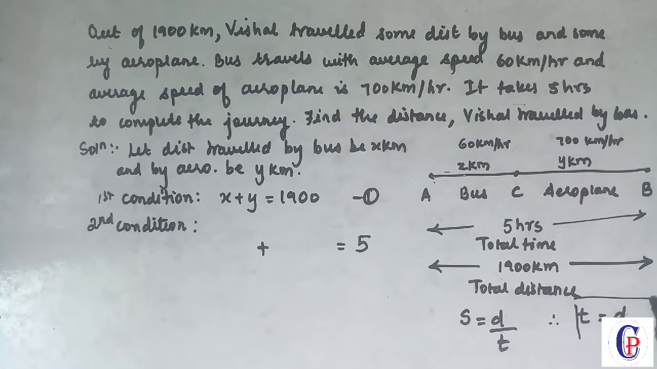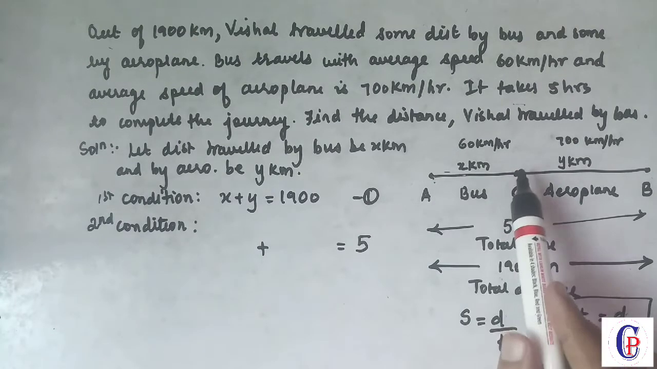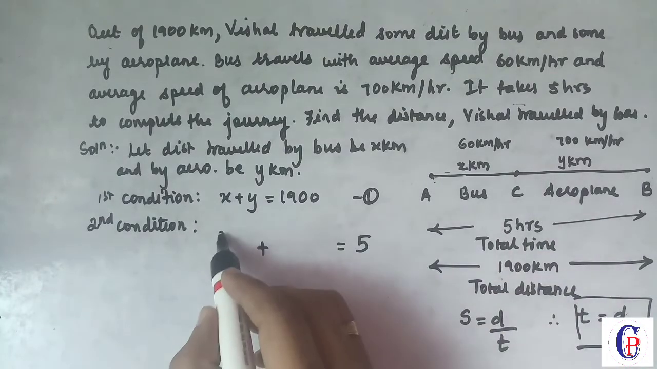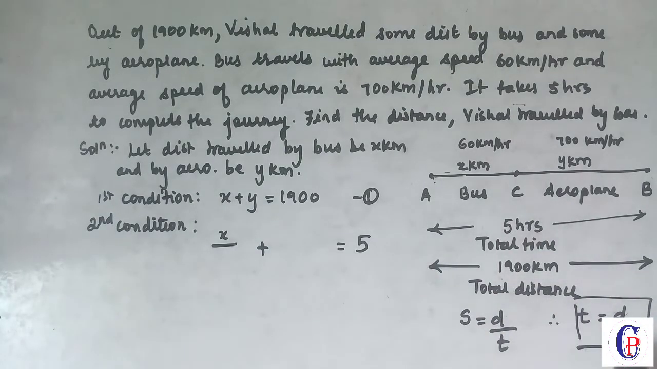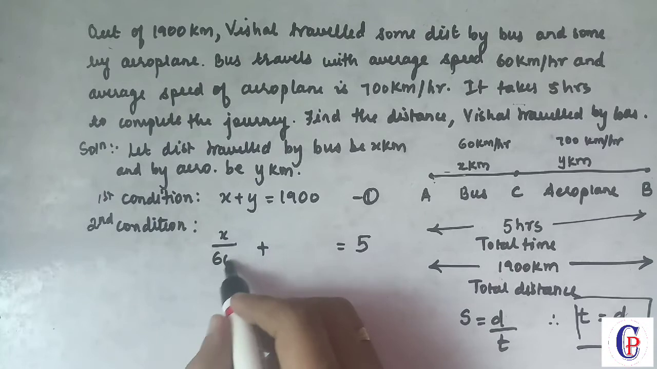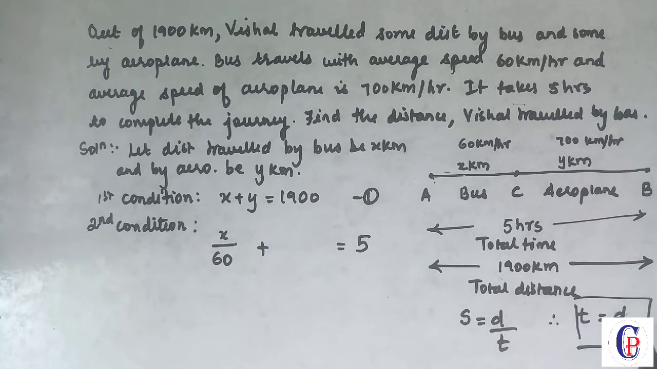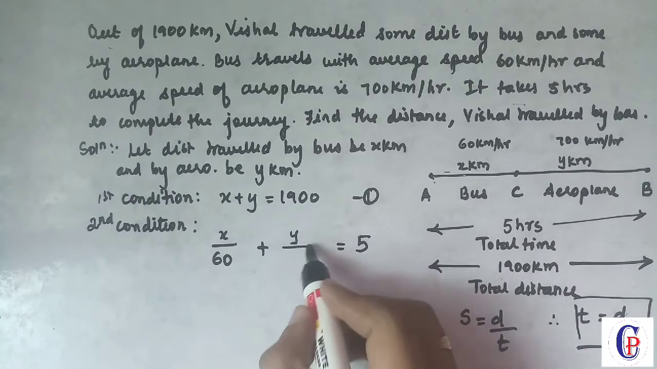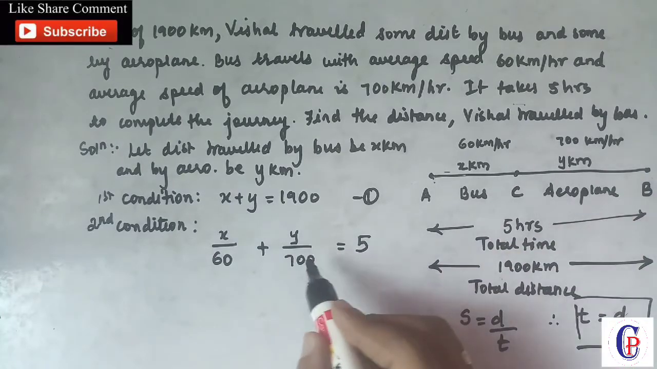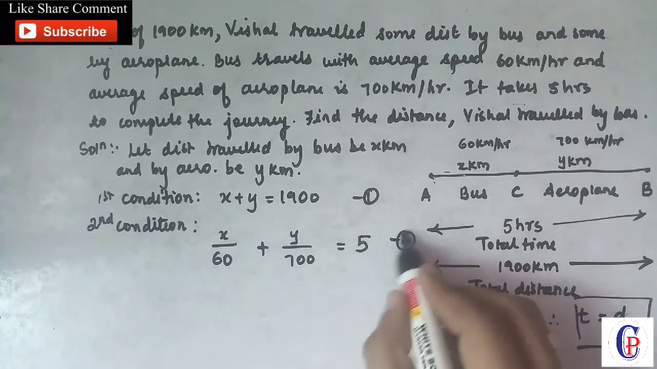So let us use this equation, that is T is D upon S. From A to C, how much distance did it travel? X. And upon speed, what is the speed? 60. Similarly, from C to B, to find the time we have distance upon speed. Distance is Y and the speed is 700. So if you solve these two equations,